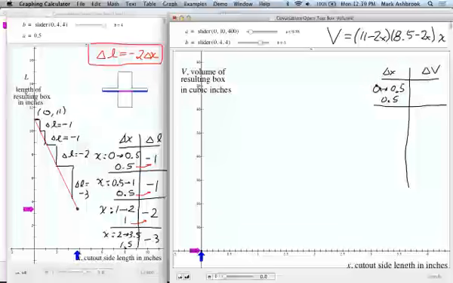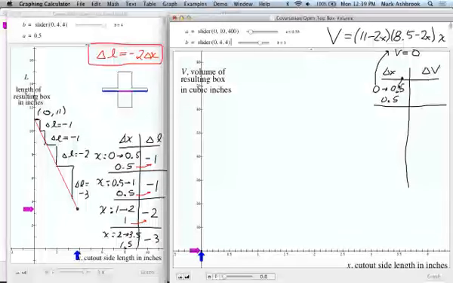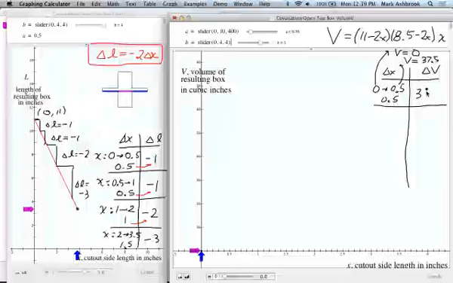Okay, this x? So we're going to plug 0 into that, and you get volume equals 0. You plug 0.5 in, and you get 37.5, and then what? So we need the difference of those. So 37.5 is the change. The change is